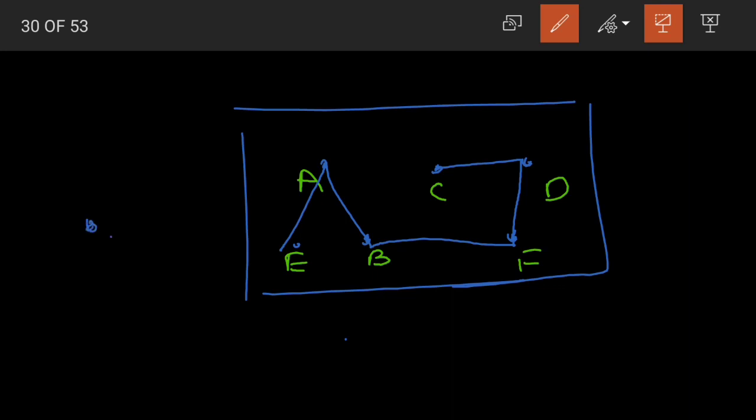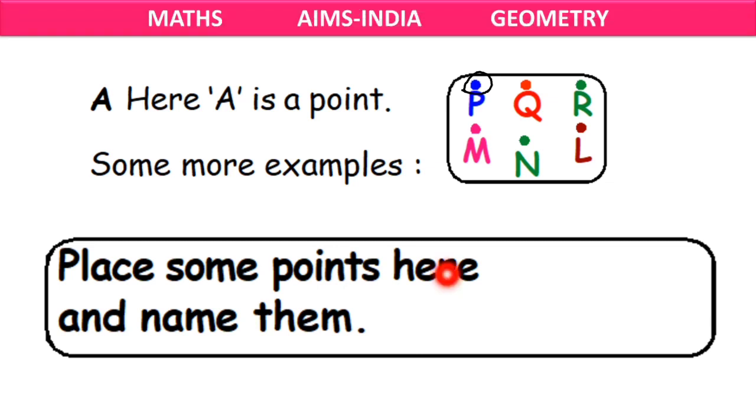Whenever we have a point, we give the name using a capital letter. Just one single letter. You should not give big names, like we have big names, right? So like that you should not give names to points. You should just name them. You should give them very small names. The name of a point should only be a single capital letter. Is this clear?